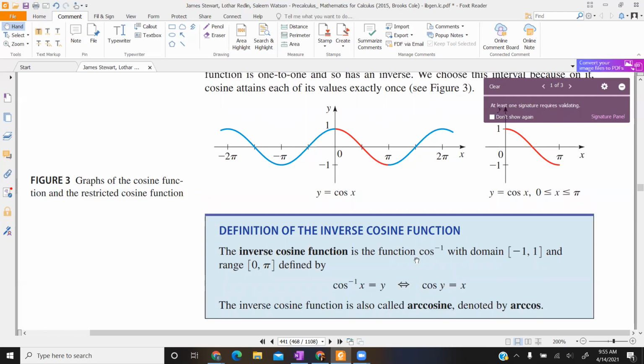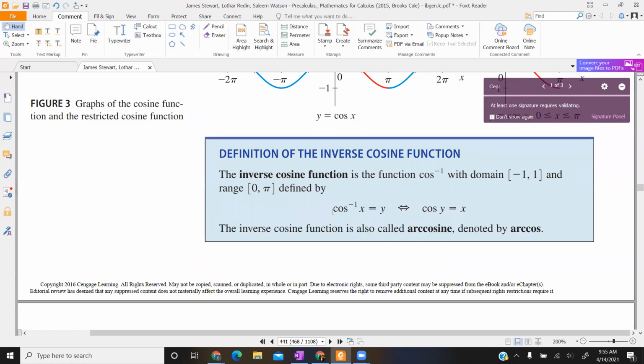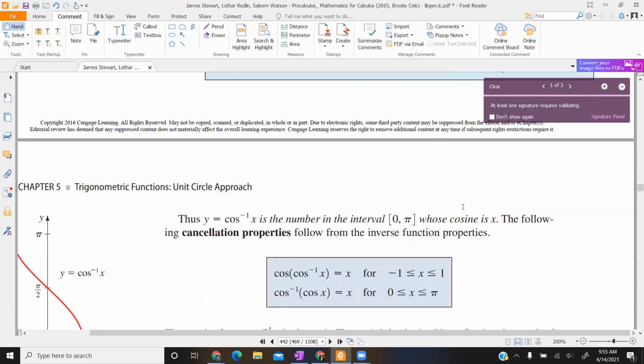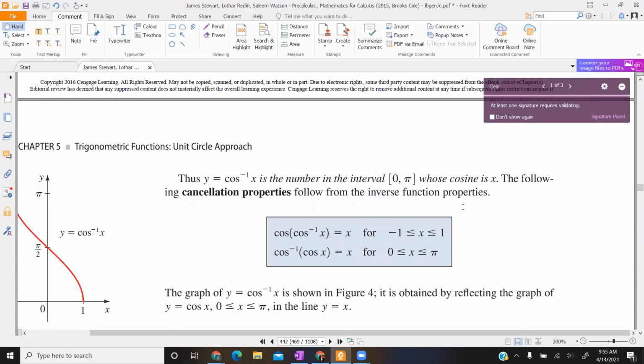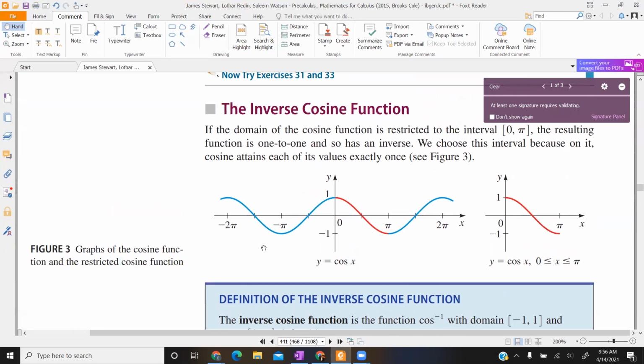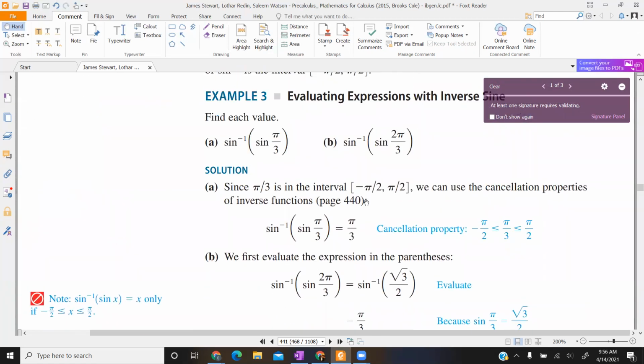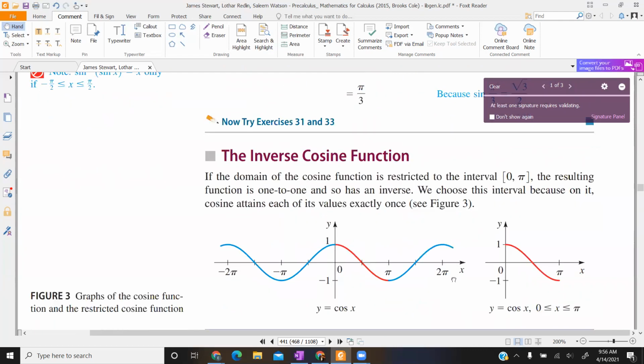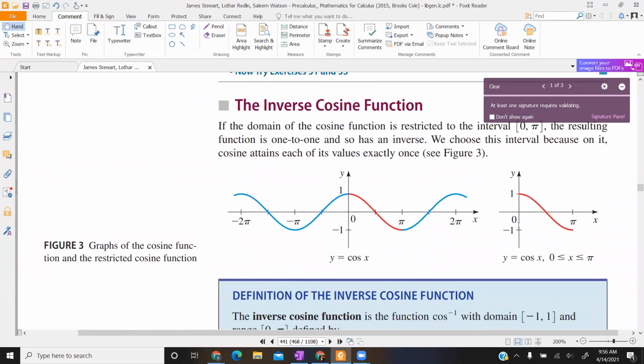And this is now just the very definition of an inverse function. We say cosine inverse of x is equal to y if and only if cosine of y is equal to x. So this gives us a way of computing the inverse function of x, and then we have these same cancellation properties right here. And the graph, if we just look at the graph, where to go? The graph will be, so if you draw,